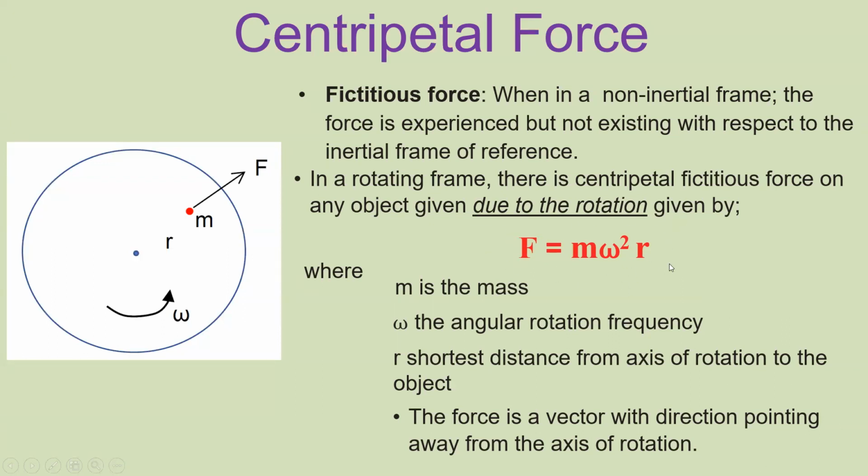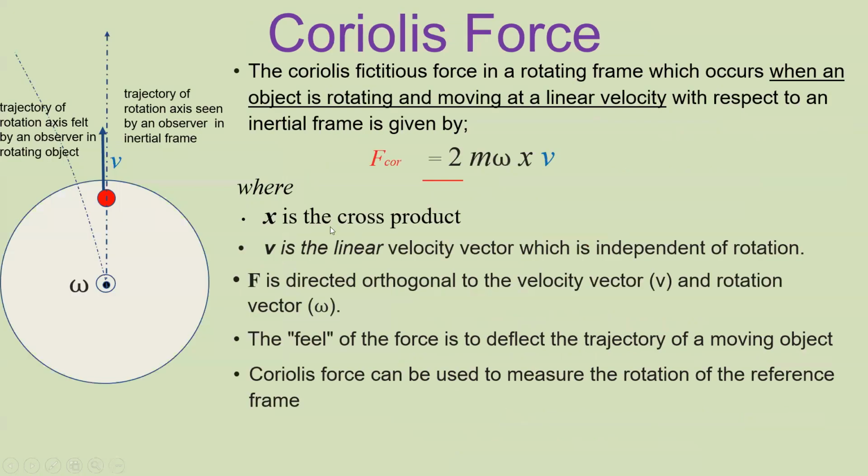So if the gyroscope can measure this centripetal force somehow, then just by dividing this centripetal force by m times r and taking the square root, you will get the angular velocity, right? So if you can measure the force, you can derive the angular velocity. That is one way. But we will not be seeing an example of a gyroscope which is using this principle to measure. We will be only seeing the Coriolis force.